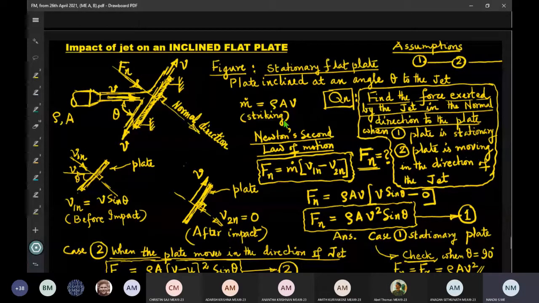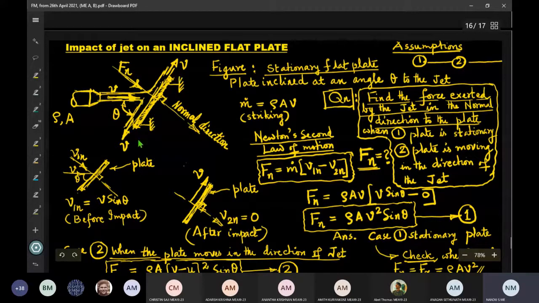Actually, this is the very first part itself, that is a flat vane. As you can understand from this, it is a flat vane, but the orientation is not normal to the jet. So it is a flat vane but inclined. So, impact of a jet on an inclined flat plate. We have some questions to answer from this. When we discussed the concept initially, in almost all cases, we considered the flat plate to be normal to the jet.